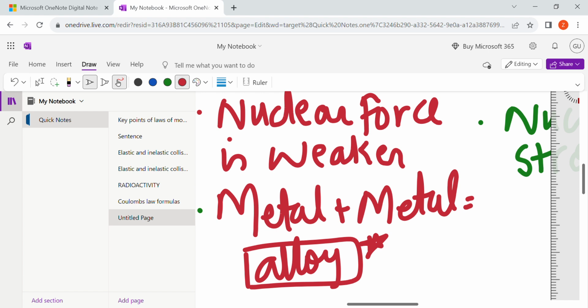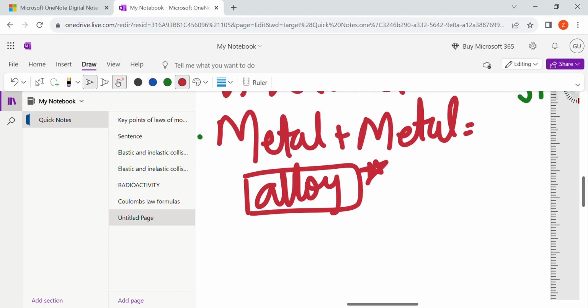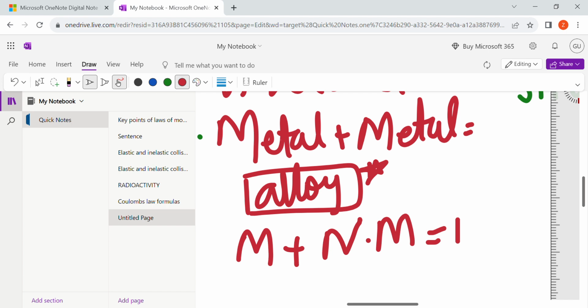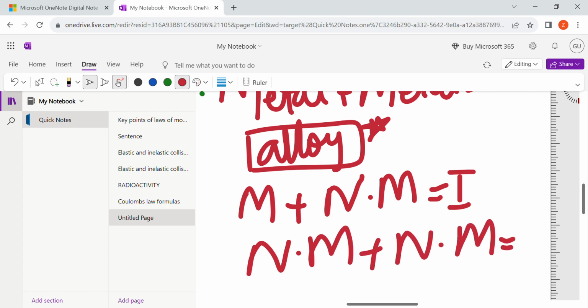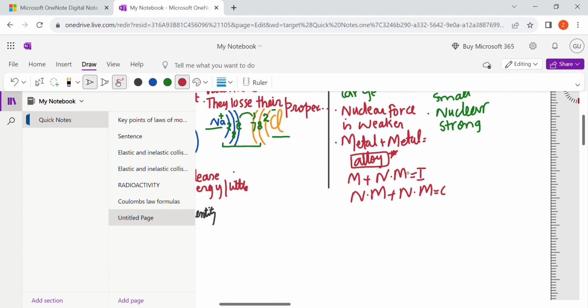Right, we have done this. Now metal plus non-metal make an ionic bond, and non-metal plus non-metal make a covalent bond, right? This was where we have done our basic